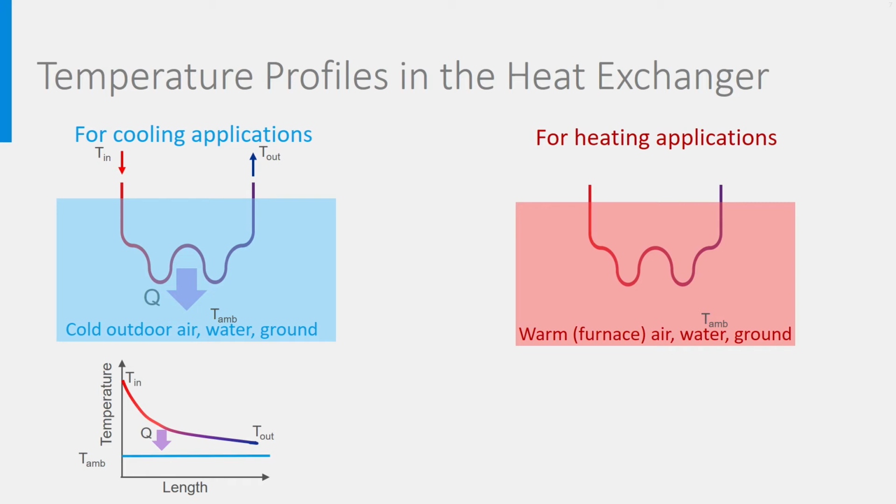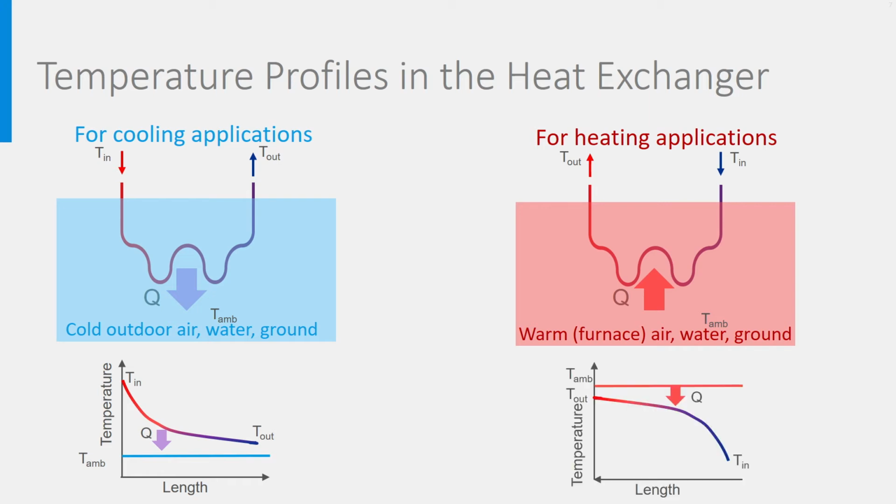In the case of a heating application, look at the right side of the slide. The cold fluid circulating now from right to left heats up, taking its heat Q from the reservoir. Heat goes always from warm to cold. You see here the corresponding temperature levels. The reservoir has the highest temperature. At the beginning of the heat exchanger, which is now at the other side on the right, the fluid is cold at T in and at the end it is warm because it has taken heat Q from the reservoir. Here too, pay attention to the fact that the temperature at the warm side of the pipe is always lower than the temperature of the reservoir.